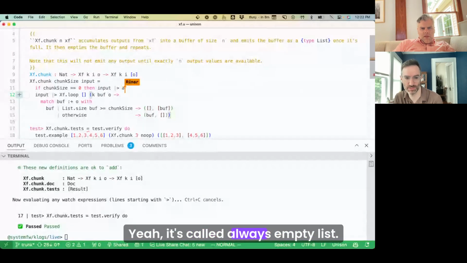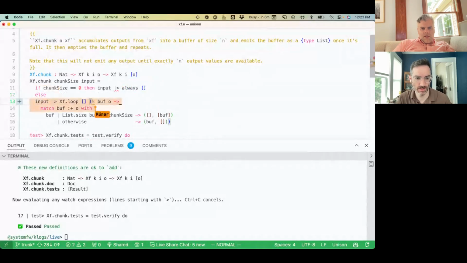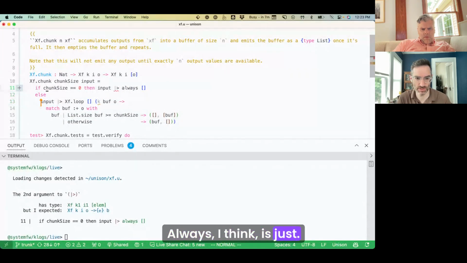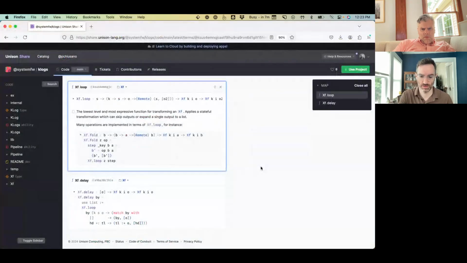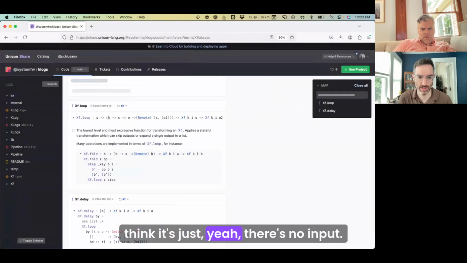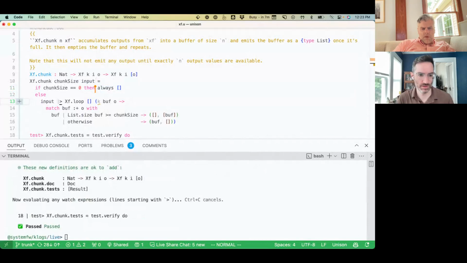Yeah, it's called always empty list. Does it not take an input? I think it's just always. No input. So just always. Yeah. Oh, it makes sense.